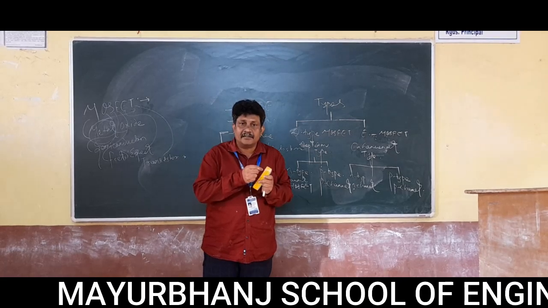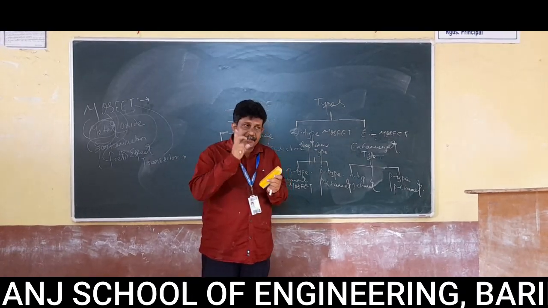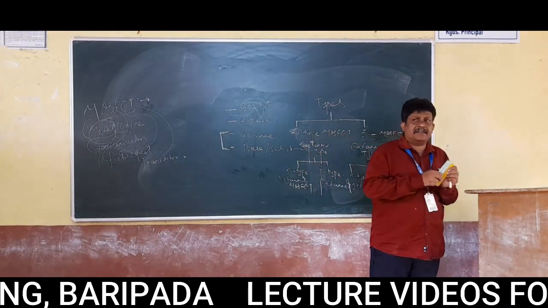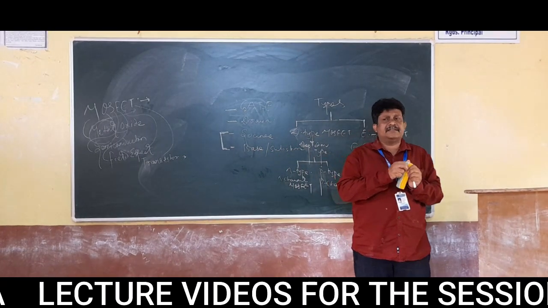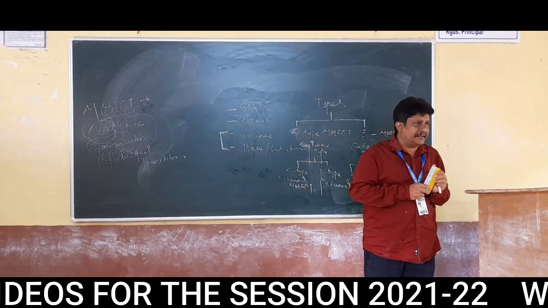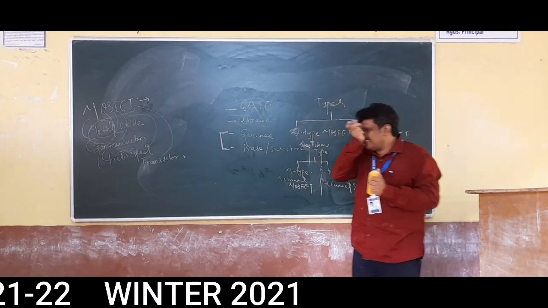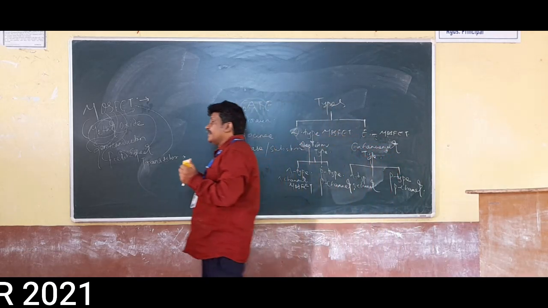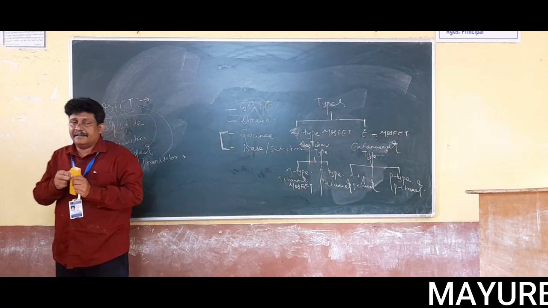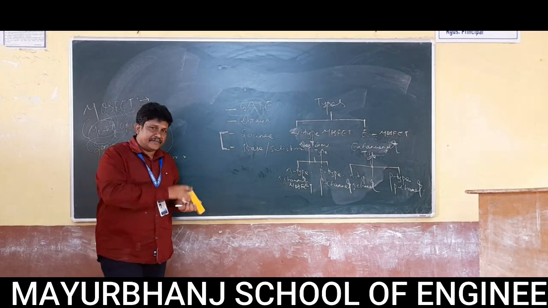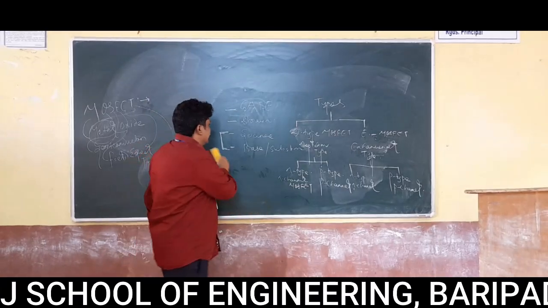Exactly clear or not? Yes? Because we know that if there is no interconnection between the drain terminal and source terminal, there will be no chance of current. So exactly what is the meaning of the word channel? It is the interconnection path between the drain and source. Clear? Yes. Now come to the next one.